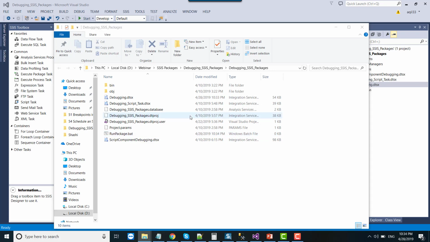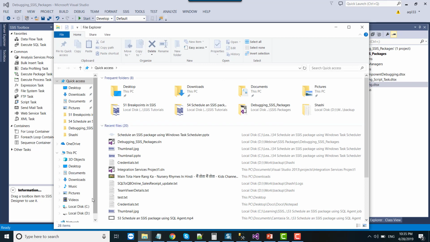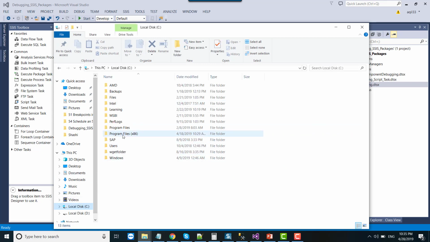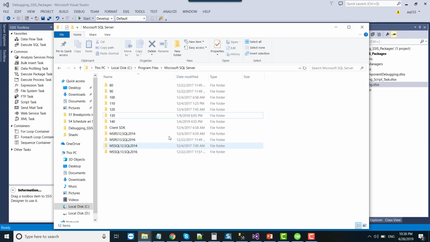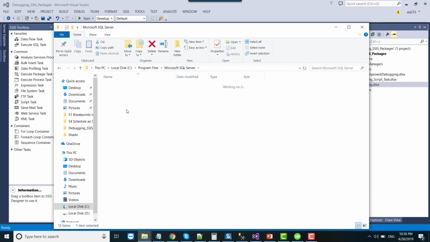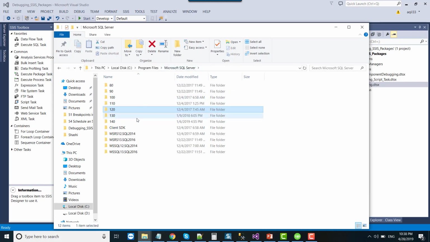Okay, so let me open the location of dtexec. Go to the C folder and Program Files, Microsoft SQL Server. Alright, so the DTEXEC of SQL Server 2016 should be inside the folder 130, and if you have, for example, SQL 2014, then it should be under 120, but in this case I'm going to use 130 because this is for SQL Server 2016.